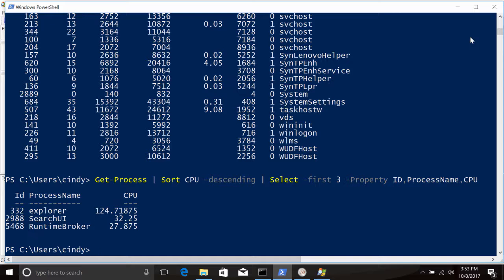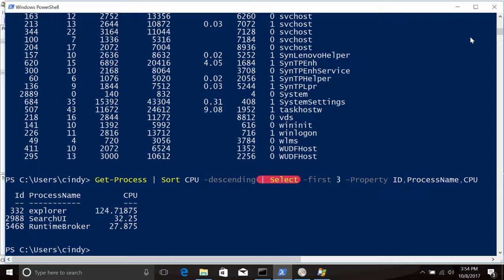This command might be a little hard to understand, so let's go through it step by step. First, we call the get-process commandlet to obtain all that process information from the operating system. Then, we use a pipe to connect the output of that command to the sort command. You might remember pipes from some Linux examples earlier. We sort the output of get-process by the CPU column, descending to put the biggest numbers first.